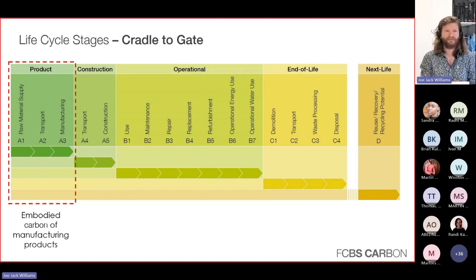So that could be multiple trips. If you think about aluminium, it might be mined in Brazil and then shipped around South America, and then shipped to China, and then shipped back to Europe, and then shipped elsewhere. There could be multiple stages to turn it into some useful material. So that's where most of the embodied carbon is. This is the key stage.